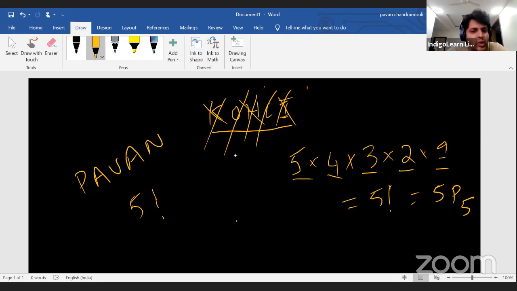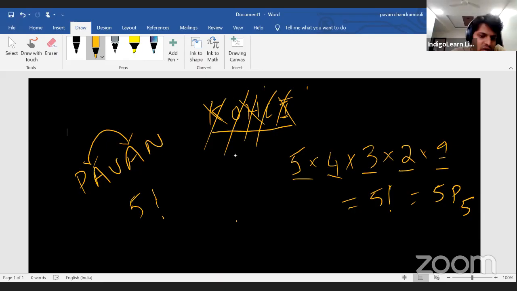So when you are trying to do arrangements where the objects are similar, or when you are trying to create numbers where the numbers are same, or when you are trying to create words where alphabets are common, basically there seems to be a repetition. So even if I interchange these 2 A's, will it make any difference to the word Pavan? Yes, it does not make any difference. So you might ask me, sir, then why are you counting it twice? Since the 2 A's are repeating, there are 2 A's.